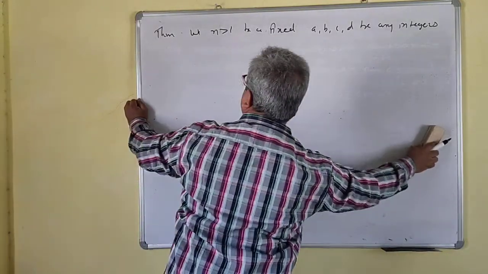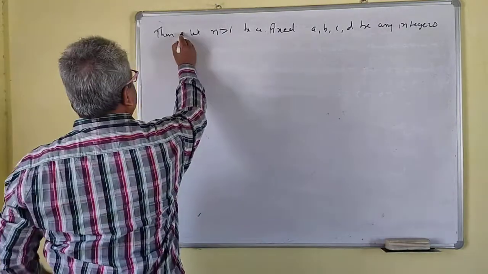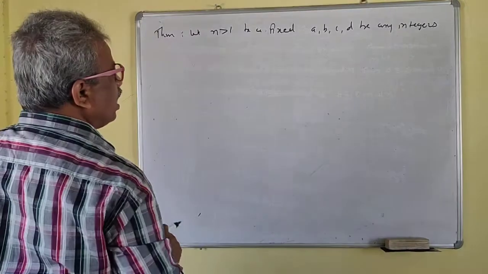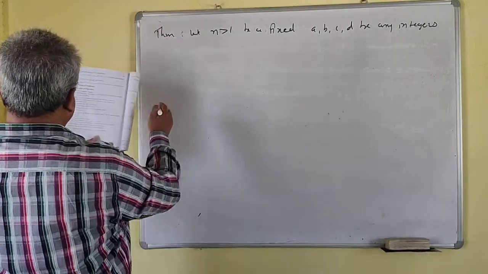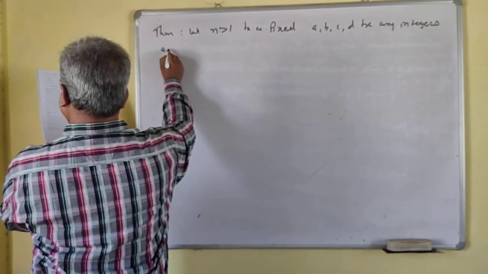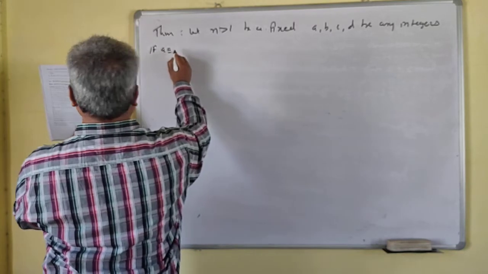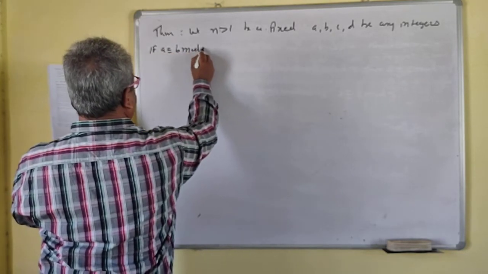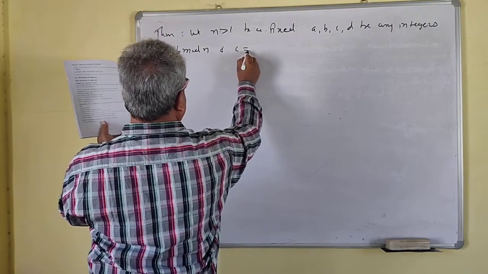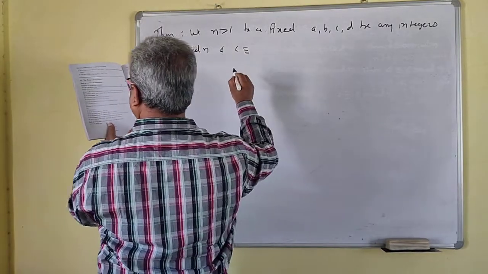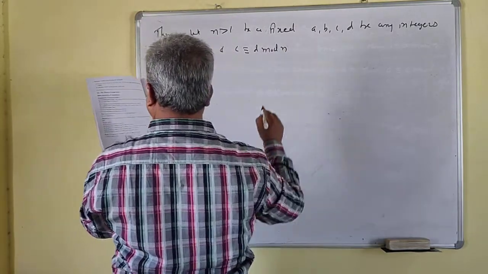Next theorem. Let n be fixed, and let a, b, c, d be integers. If a is congruent to b mod n, and c is congruent to d mod n, then